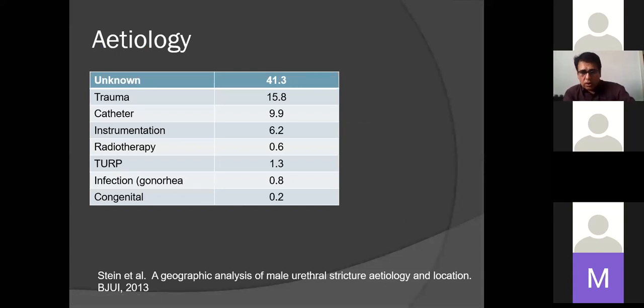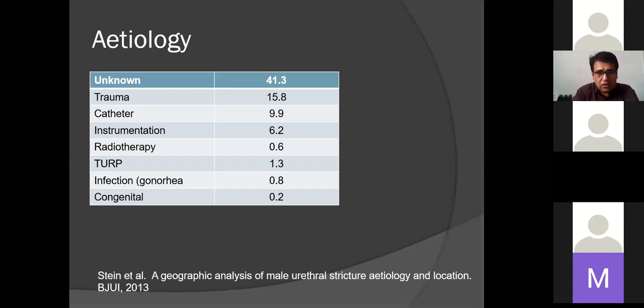Causes unknown, 41%. It's idiopathic. You never know the cause. There's no history of trauma, no infections, nothing at all, but still you have a stricture. Sometimes you don't need to treat a stricture. We'll discuss that later. The other reason is trauma, the commonest one, such as trauma by the catheter, catheterization, instrumentation